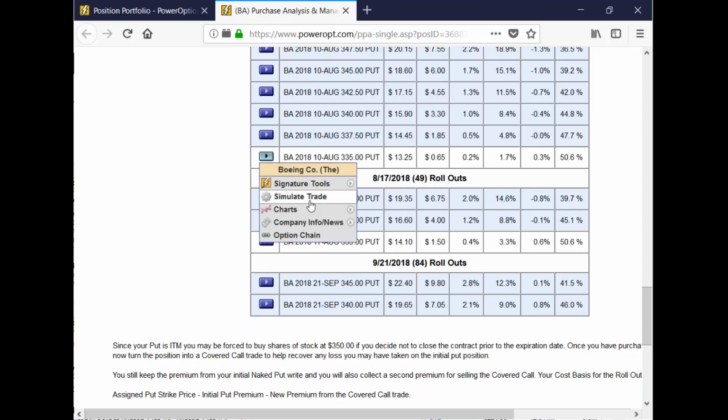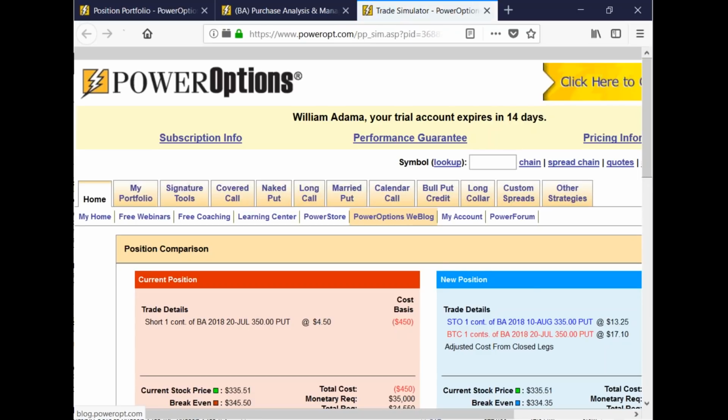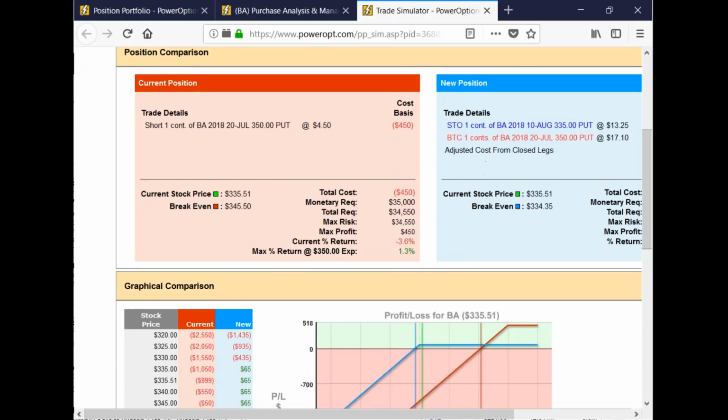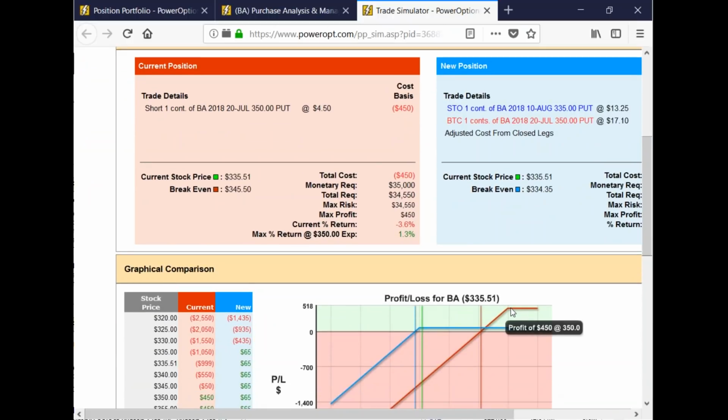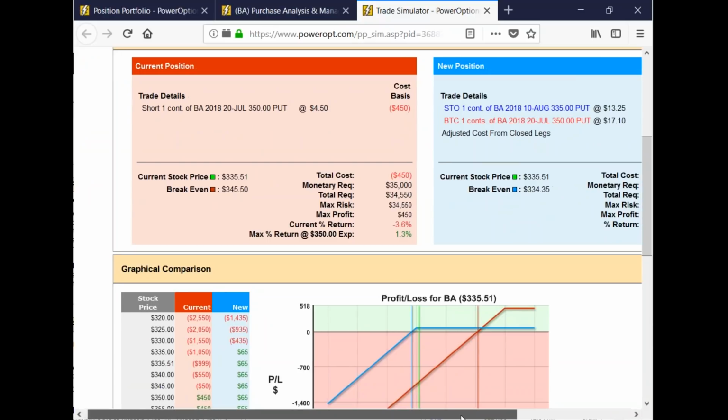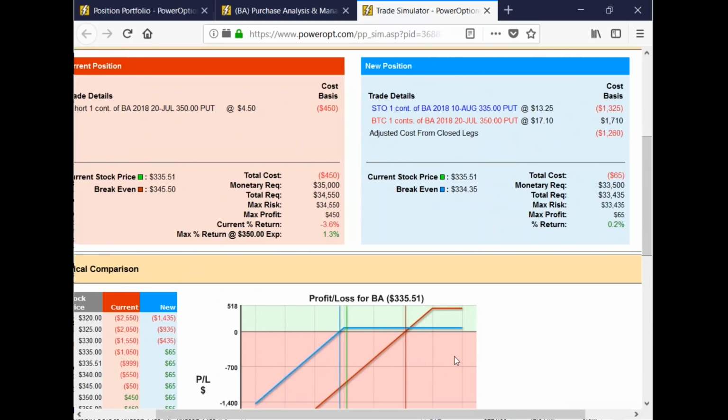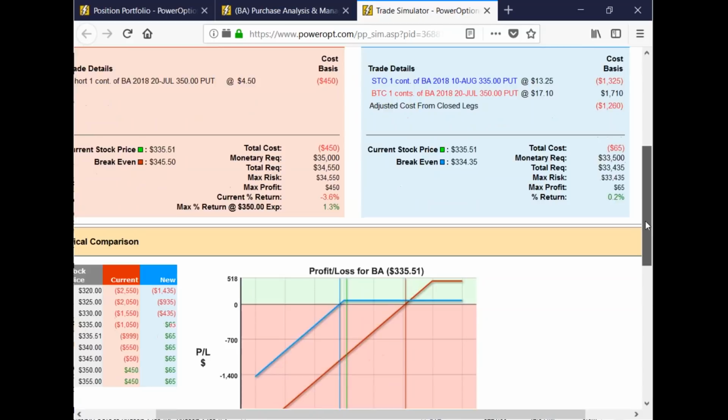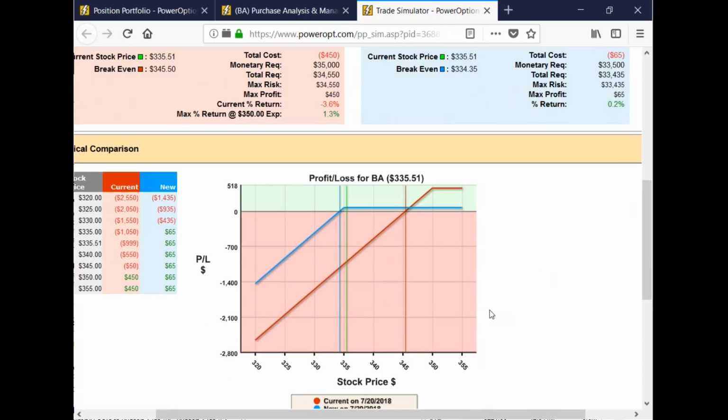If I use the Simulate Trade feature, here's my original position in red. That's the profit you were looking for. We'd lower it to a smaller profit here in this case in the Simulate Trade. You have to be tracking a position in the portfolio to see the analysis in the Simulate Trade. You can't just go to this tool by itself and put in numbers, but just enter the position in the portfolio, evaluate the rollouts in here.